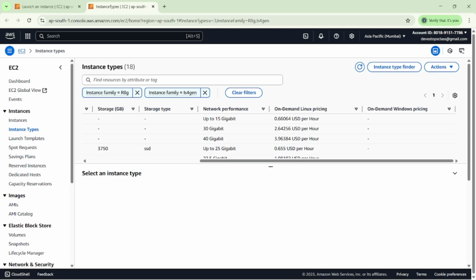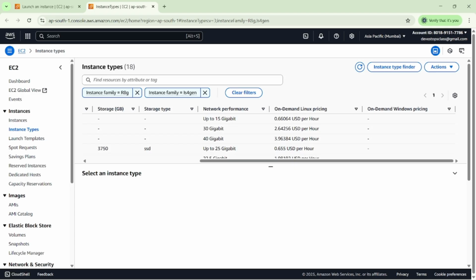No one will ask you what is the T series, M series. Just you need to be aware of what the instance type is and what the processors are in that also. We have compute optimized, memory optimized, storage optimized, then accelerated computing, then high configuration computing, and